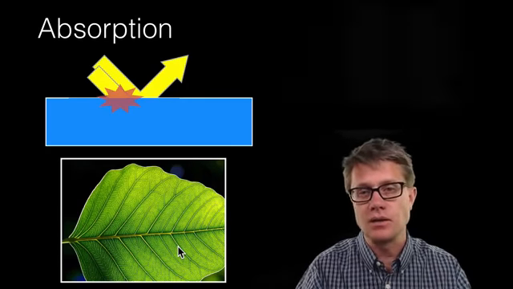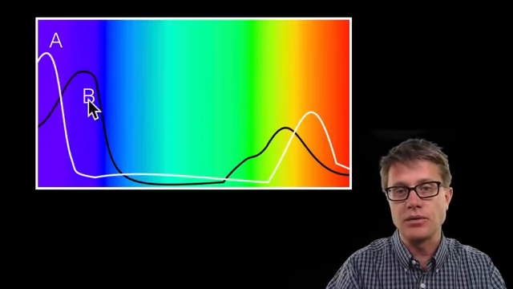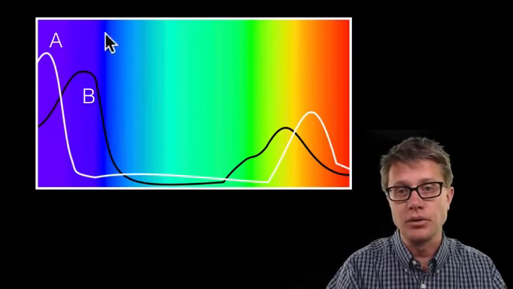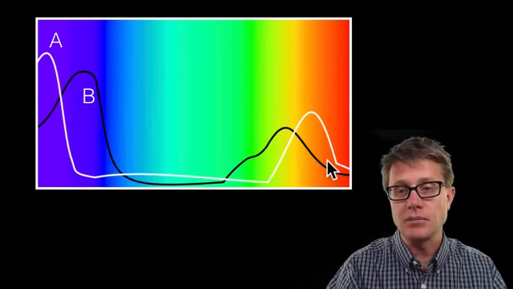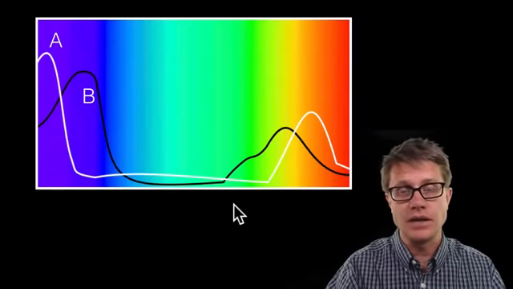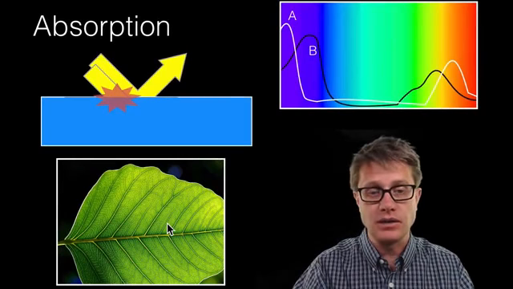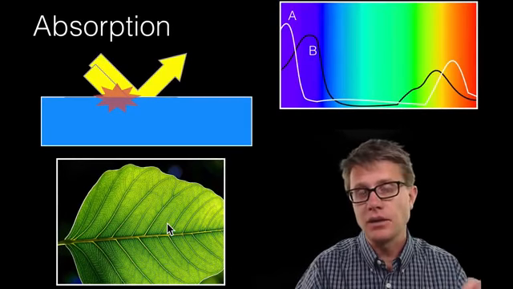And we can even look at an absorption spectrum of the leaf itself. There are two pigments in there, chlorophyll A and B, and what they do is they absorb a lot of that bluish, purplish light. They absorb a lot of the reddish yellow light, but they don't absorb a lot in the green. And that's because the green is reflected back to us. Now what's neat is a leaf can actually make use of that energy to do photosynthesis. Now light can also